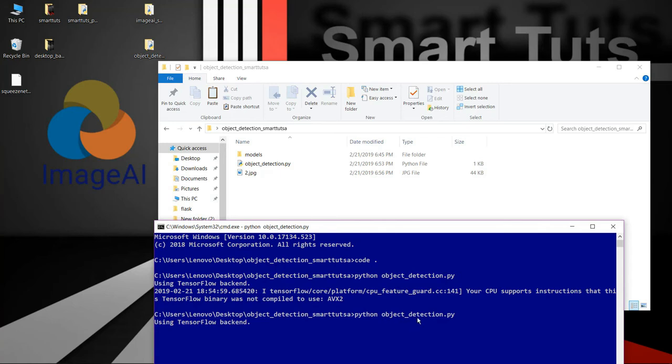So let's wait. It will first pass the image and draw bounding boxes on the image for whichever objects it detects. Then it is going to write another image inside our project folder, and then show us the output on the command prompt. You can look here, another new image will be created here. So just be patient.